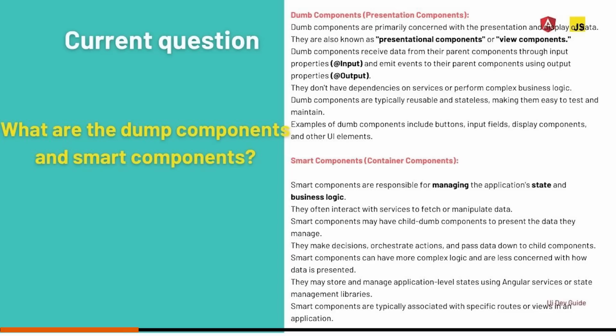And a smart component should be able to pass the data to your dumb components, and you can manage the data as well in that case. So if you are changing a dropdown value, and your DOM changes, your value gets changed, those things come into the smart component. By default, it is a smart component. Then how do we create the dumb component? See,